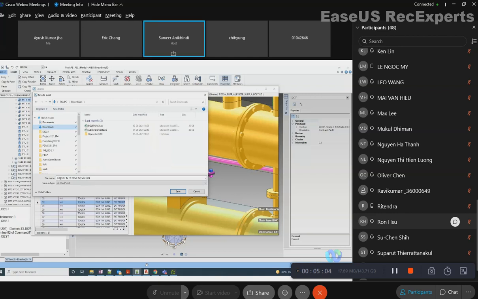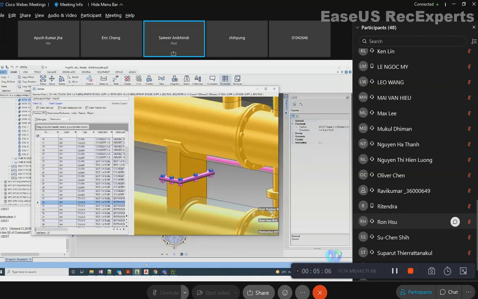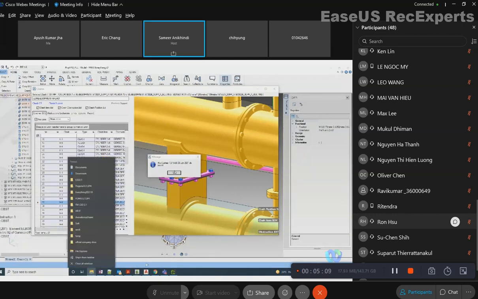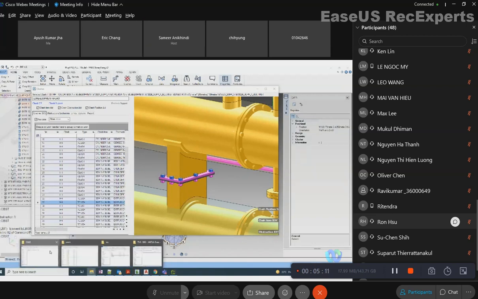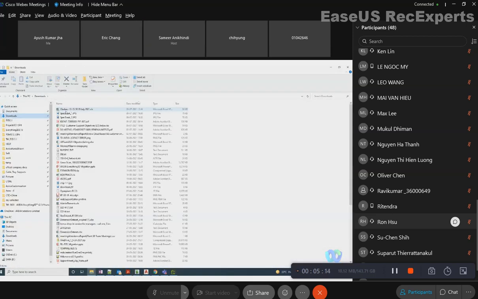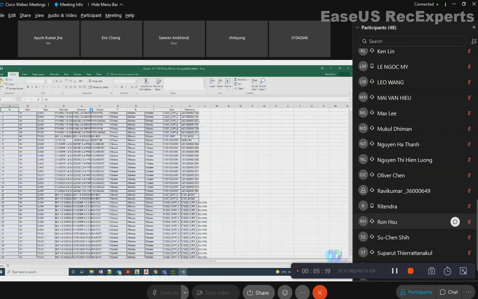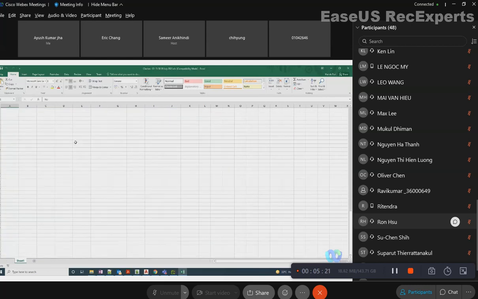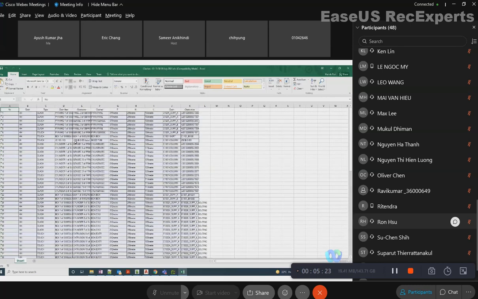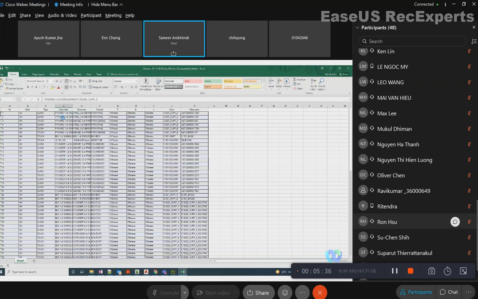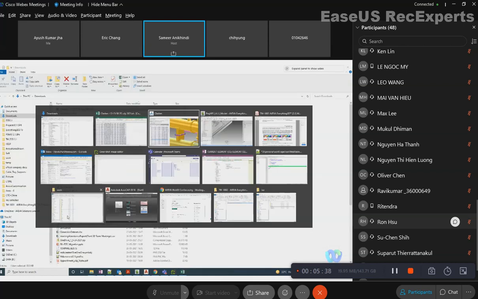Some name you can change, saved, and you can go and right. So it has the name of clashing item, it has the name of obstruction item. Anybody can take this report and place it in,